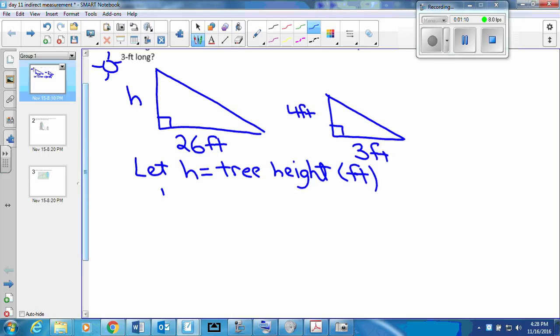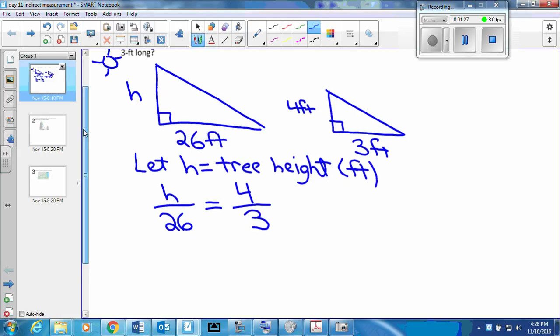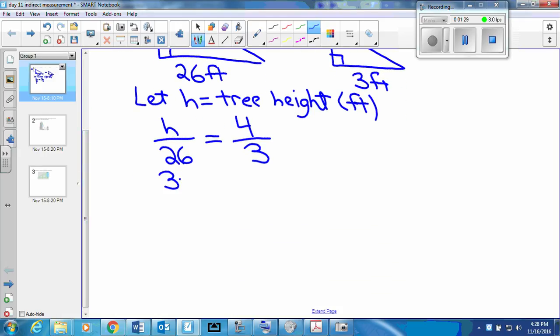So I could set up the height of the tree compared to the length of its shadow is equal to the height of the pole compared to its shadow. So I get h over 26 equals 4 over 3. Now solving that, I would use cross products. 3 times h equals 26 times 4. Multiply it out. So I get 3h equals